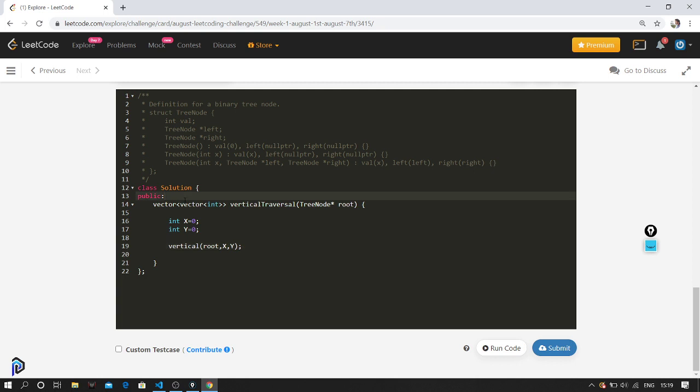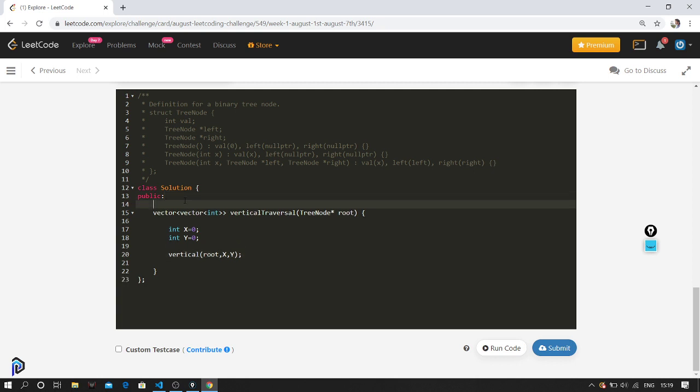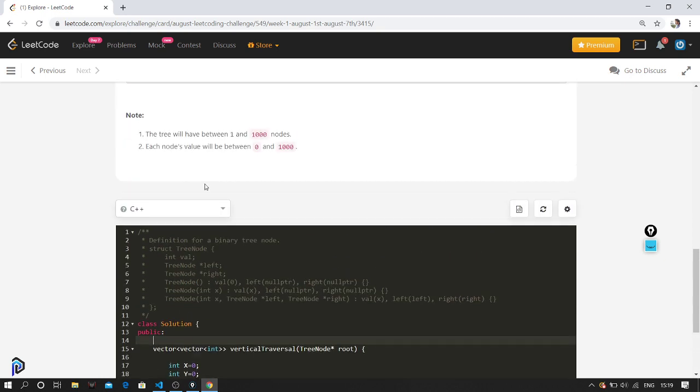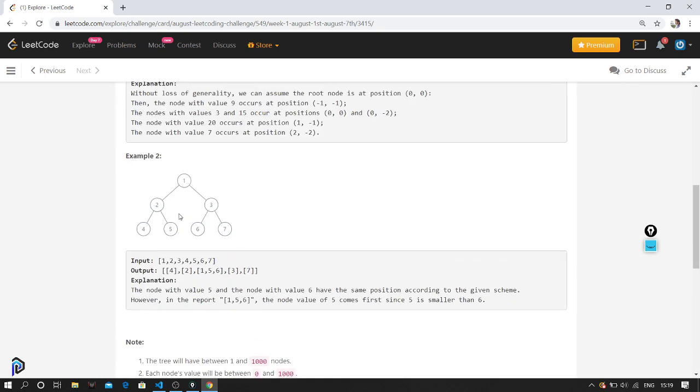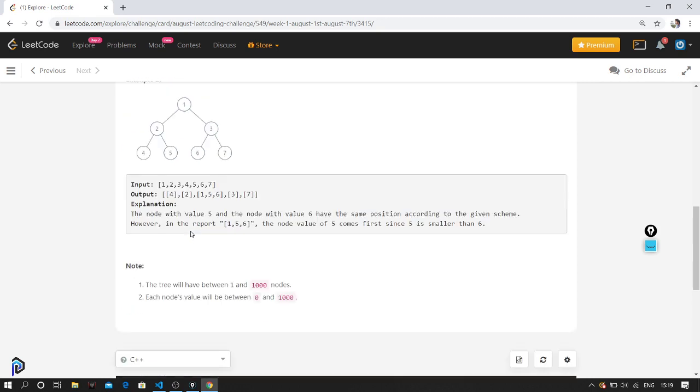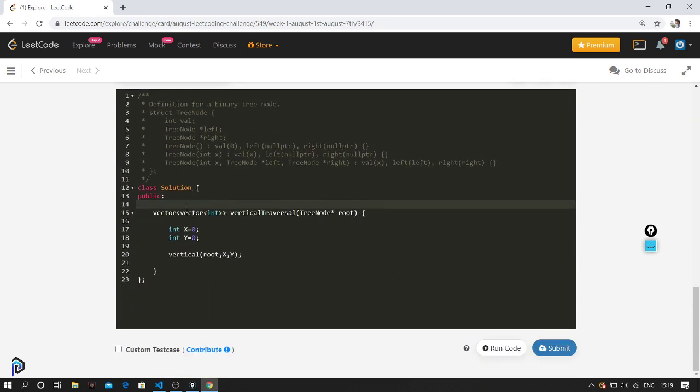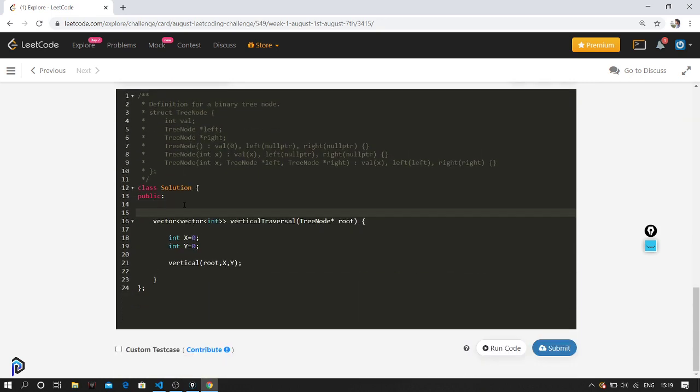What I'll do is, I'll create a global variable so that I do not have to pass it. I'm going to use a map to determine all the points that are in the same column. So 1 and 5 will come in the same column, right? To make sure the things that are coming in the same column are grouped, I'll make a map. We'll see it in more detail. Before that, I'll just create the function.